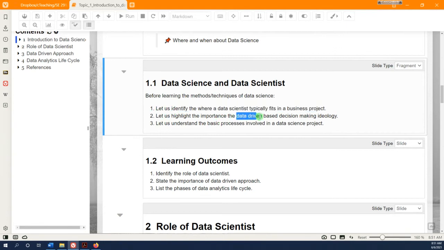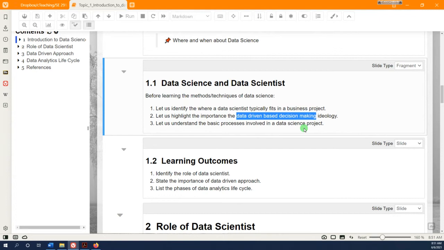And then we're going to see how data-driven decision making is different from the old style decision making. You have to make a decision. For example, you have to make a decision to take which class. So you made a decision. How you made a decision, that will be different. Okay, most of you took a particular major. Most of you have a major now. Some of you could be from business, some of you could be engineering, and inside engineering could be mechanical, petroleum, civil, industrial, whatnot. So you must have taken a